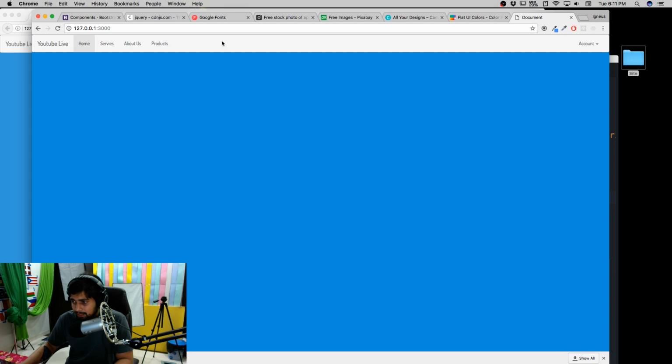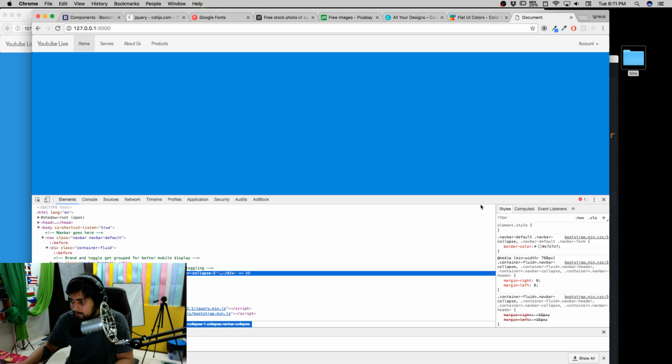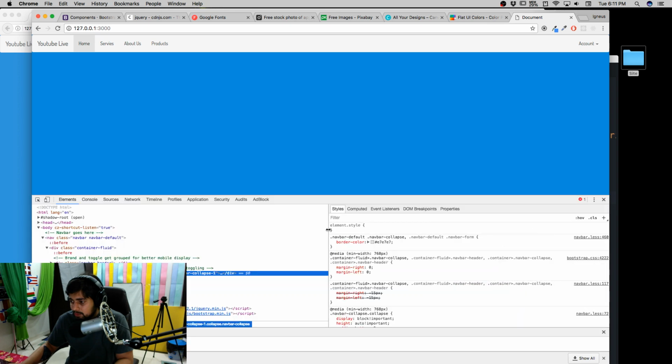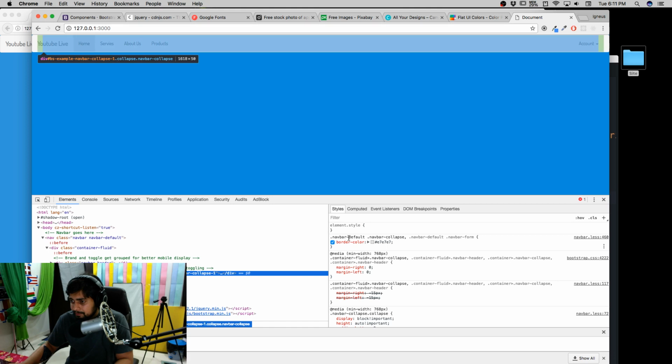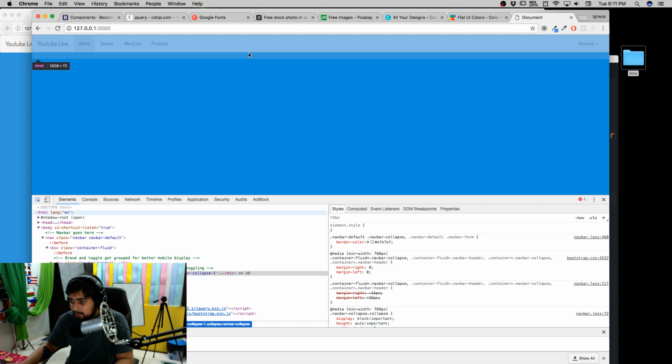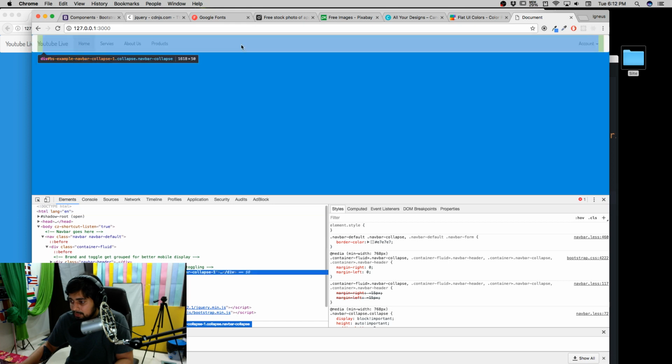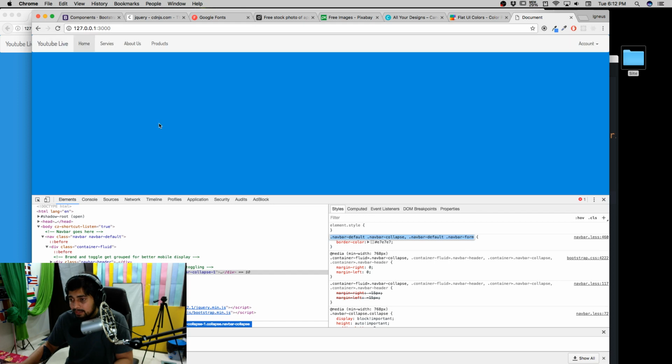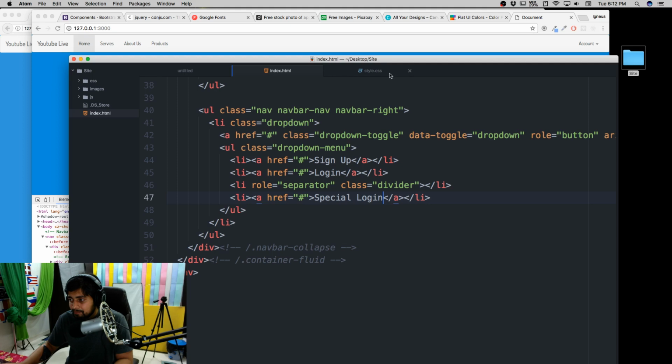If you might want to edit some color schemes of this, what you can do is right click and click on inspect. That's the quick and nasty way. Now you can see that your border color and everything is mentioned there. You can just copy this entire navigation menu. Let me click on this, and again I'll be selecting this, and notice there is a navigation menu available for you. So this is the entire class. You can quickly grab this class, and let's go to Atom and use this just for demo purposes.